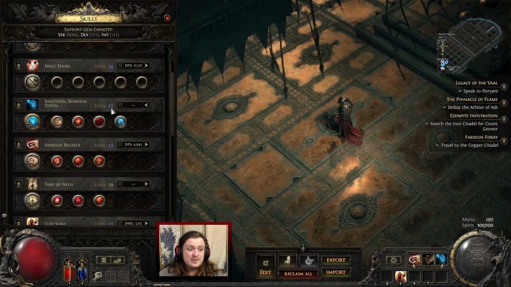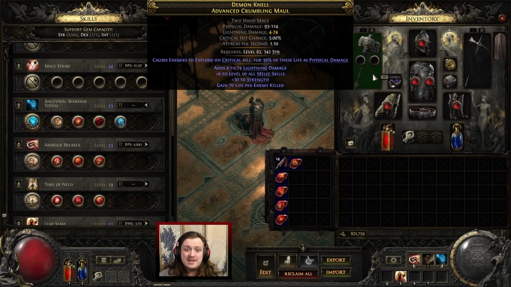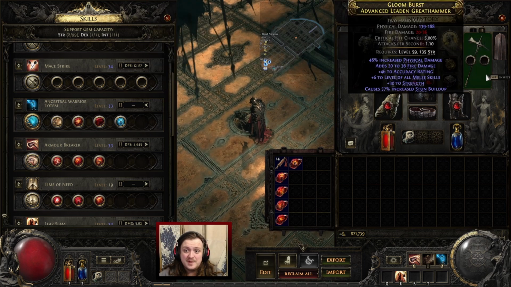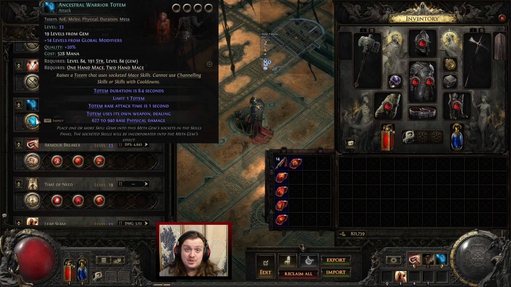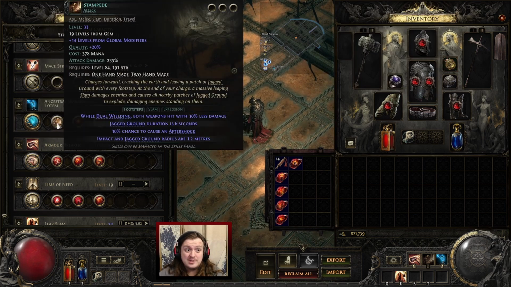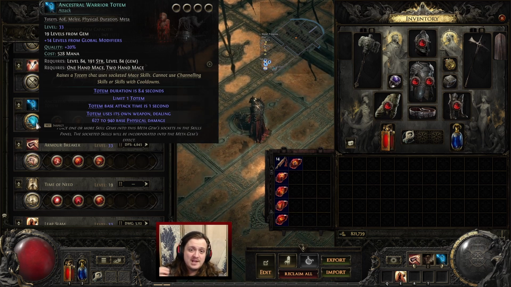Now, as you can see, we have a level 33 Ancestral Warrior Totem. We have basically in our gear tried to take as many plus level of all melee skills as possible. We have 6 here, 6 here, 2 more on our amulet. Our gem is level 19. Our Stampede is also level 19. The reason we want so much plus level to melee skills is because the way that the totems work is